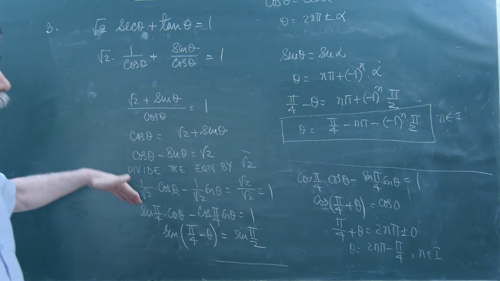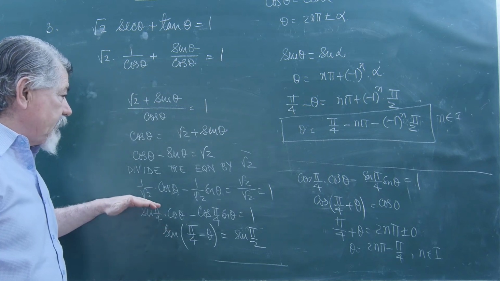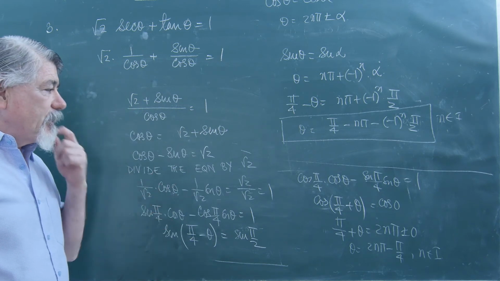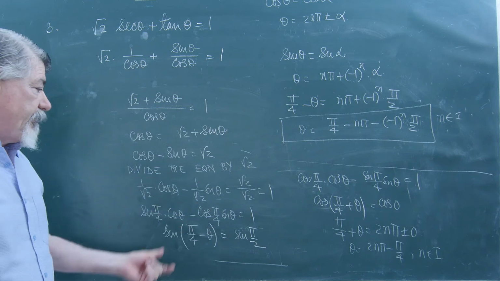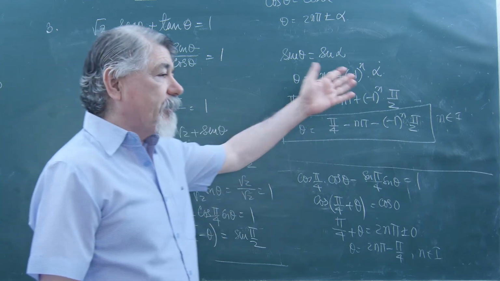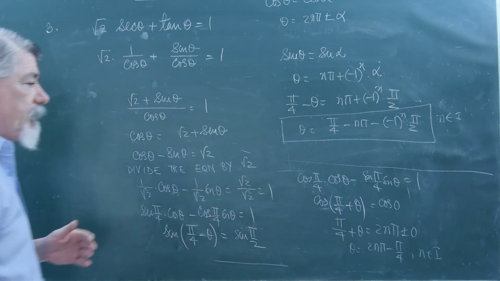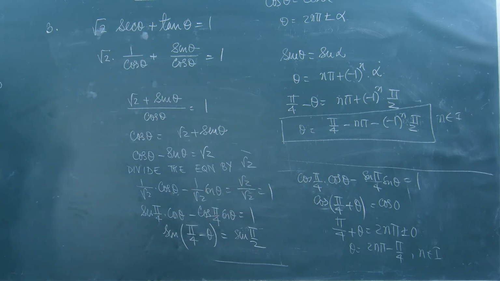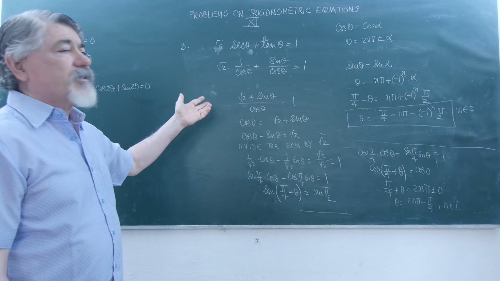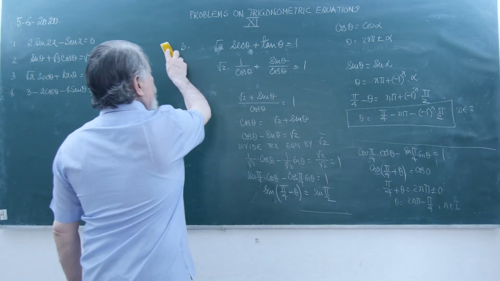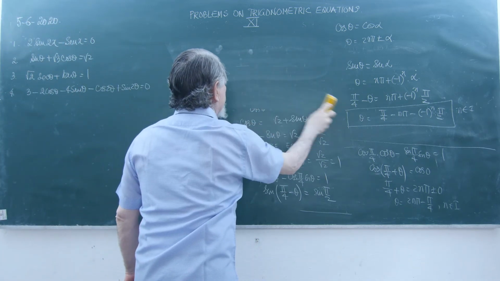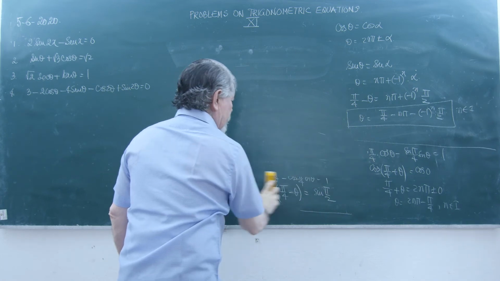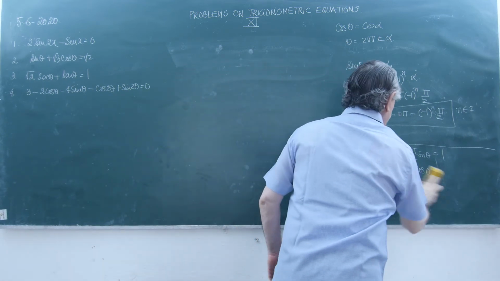We will do what you prefer; you can do that, unless he says prove it equal to. If he says prove this is equal to this, then it is a different question. But I don't think he is going to ask this kind of question, that prove that. He will only simply ask you to calculate or solve the trigonometric equation. Now let us see the fourth question in this.